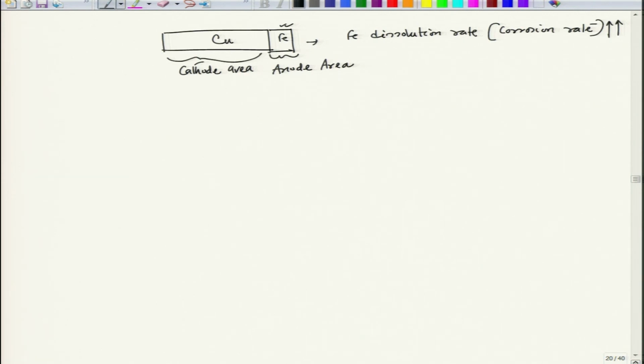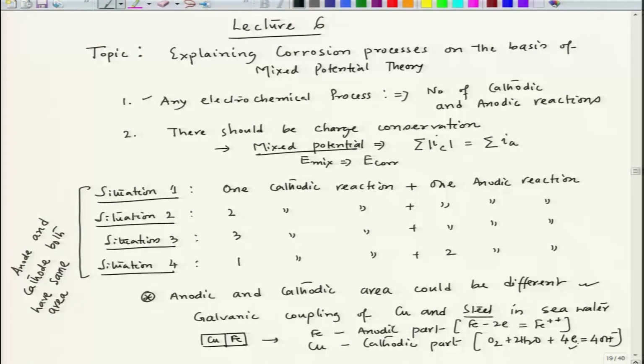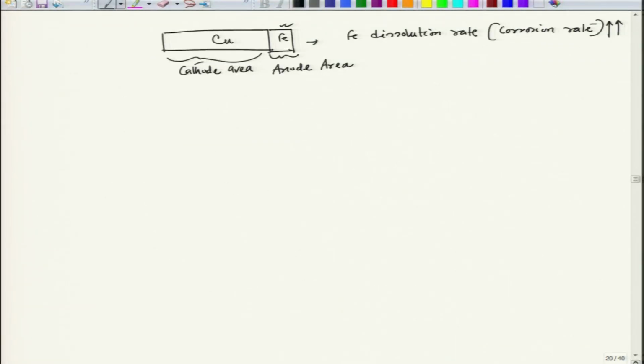A very large number of cathodic reactions would happen on the copper surface, and in order to supply electrons for those cathodic reactions, to supply those 4 electrons per oxygen molecule reduction, iron has to dissolve. Now, if there are 100 reactions over the cathode area A,